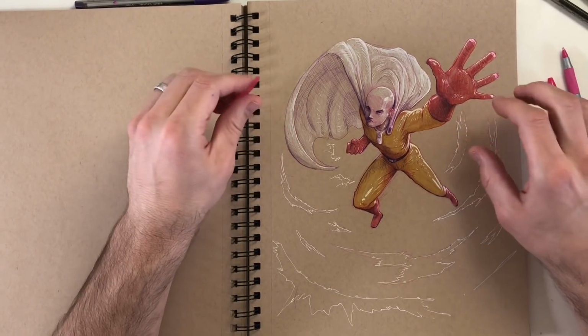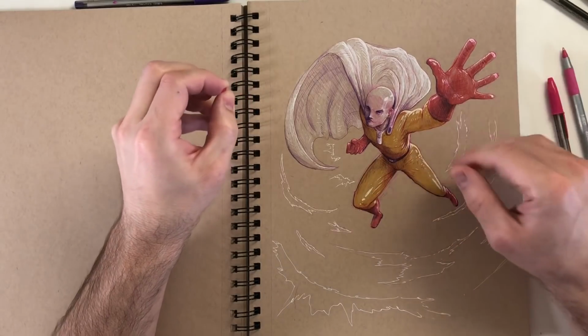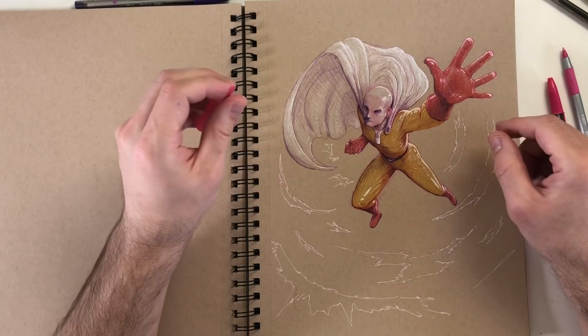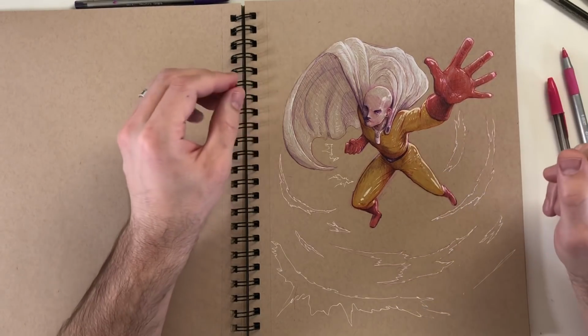My daughter and I love One Punch Man. We watched the whole season. I've actually watched that season twice now, the first season. Heard the second season isn't quite as good, but I just wanted to do a quick sketch of One Punch